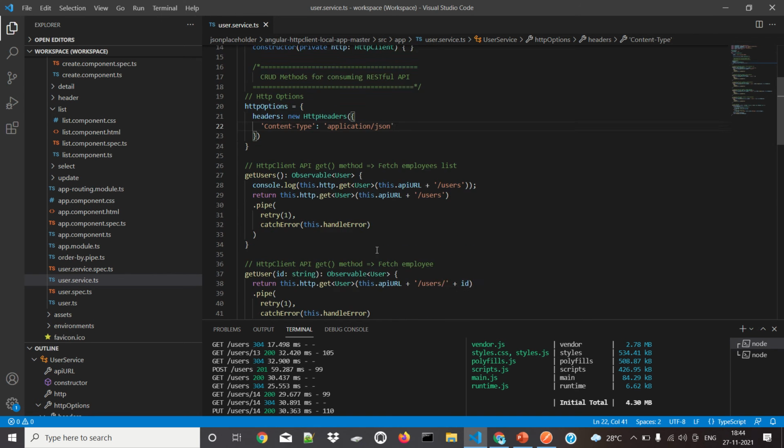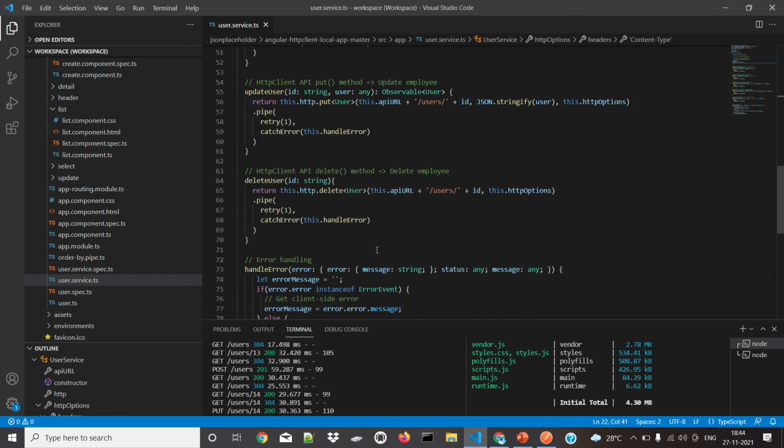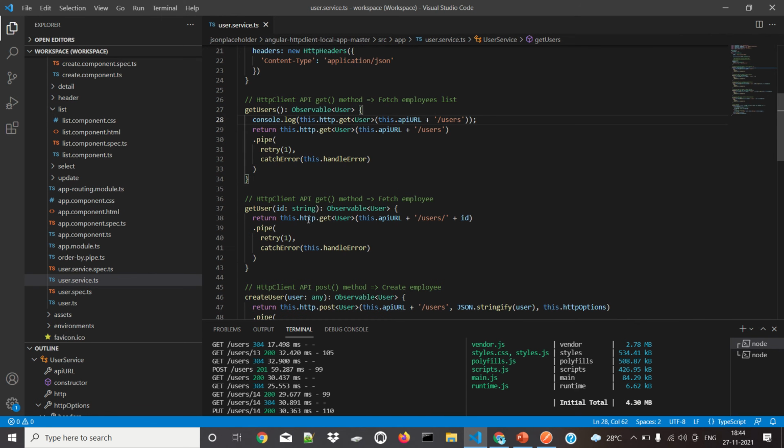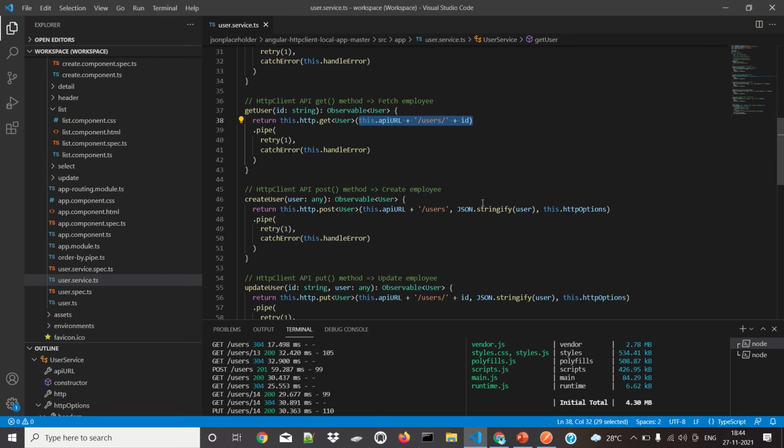And then I have five methods. One is the get users method, to get the list of users, and then the get user method, which takes a user ID of type string. So localhost 3000 slash user slash 2 means the second person's data will come. Then I have a create user function. For create user, I use the user list and the JSON.stringify of user,